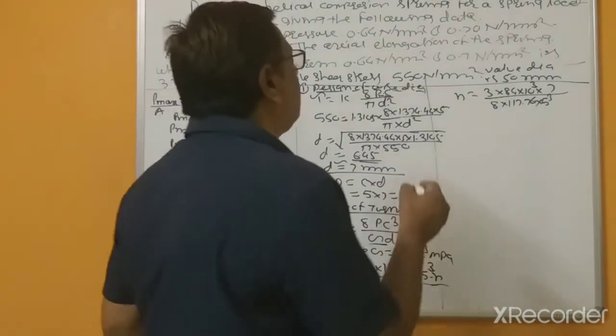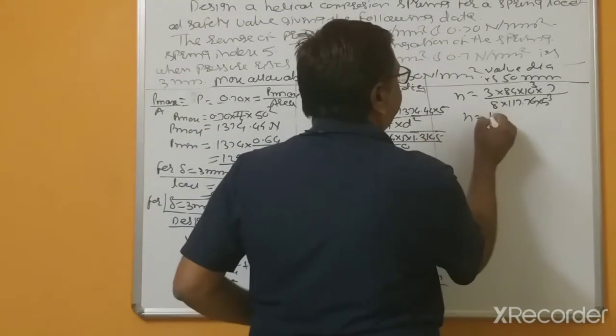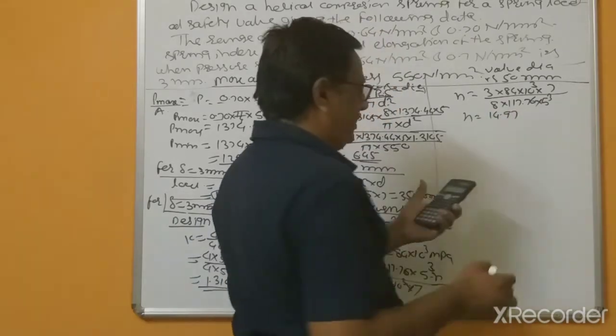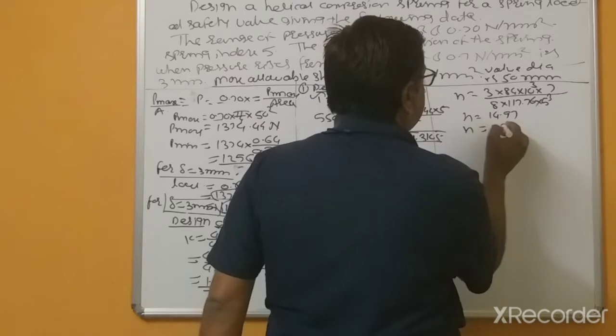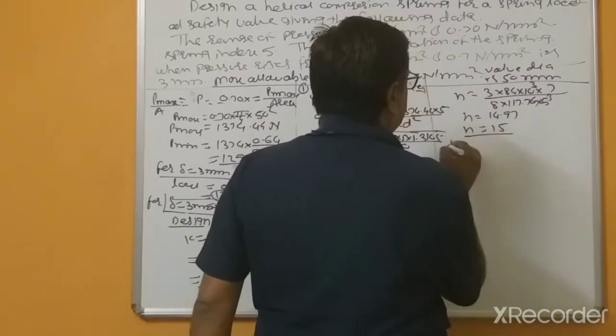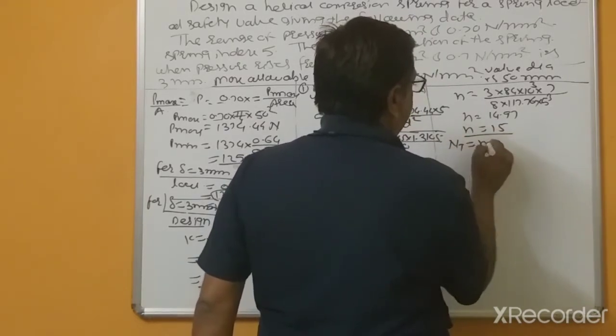This is equal to 14.97. So that's why N equal to 15, these are active turns, and the total number of turns is N plus 2,